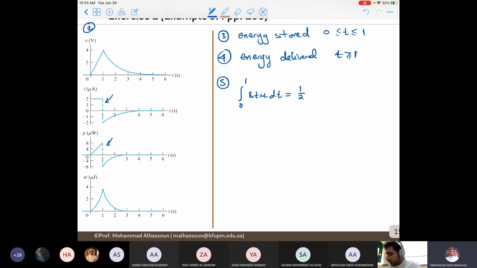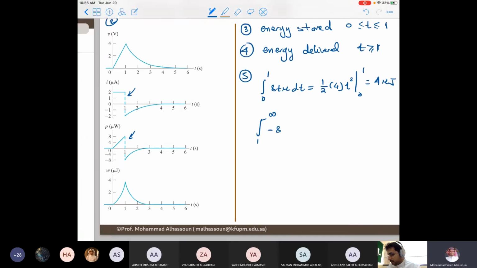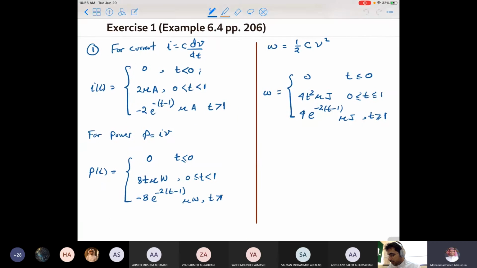Which is again exactly for the other one, from 1 to infinity. We're going to take the expression